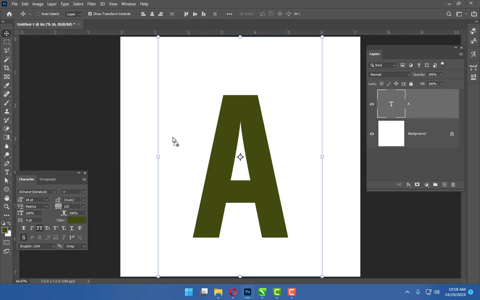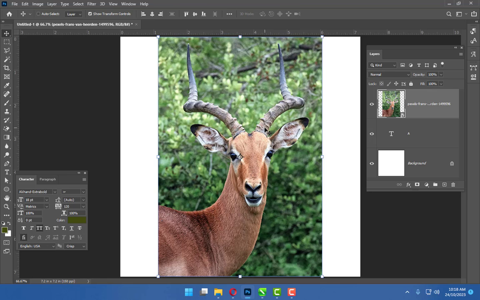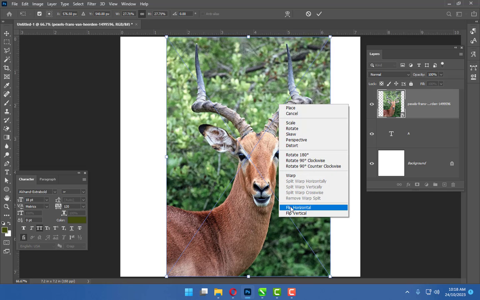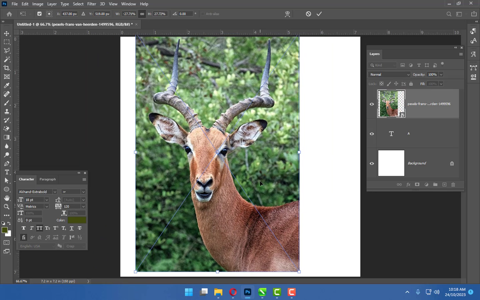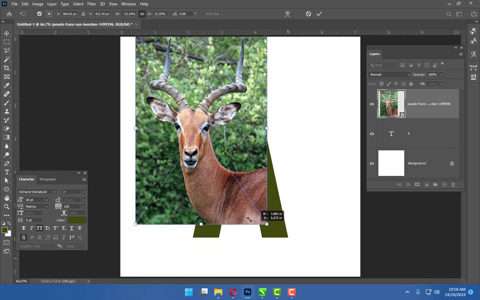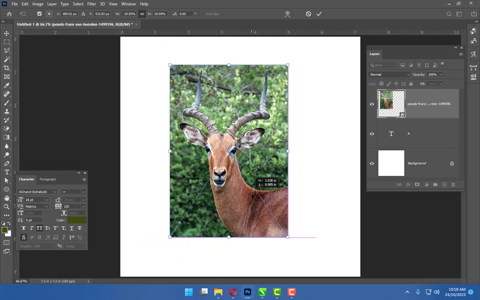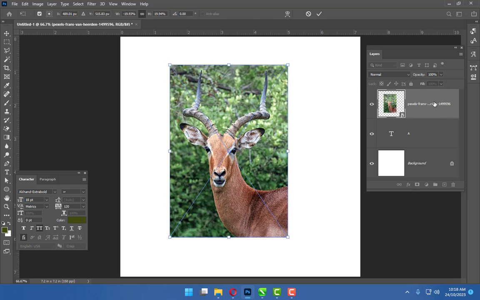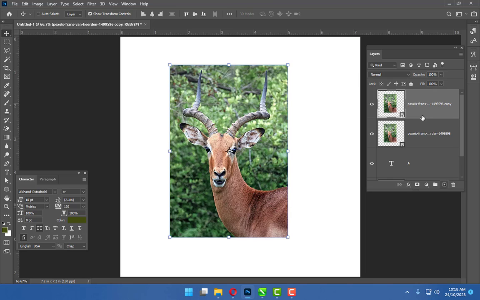Download this image from Pexels. Ctrl T, free transform, right click, flip horizontal, change the size and keep it, reduce the opacity a little bit. It's okay, fine. Change the opacity to 100, make the duplicate and right click this image,